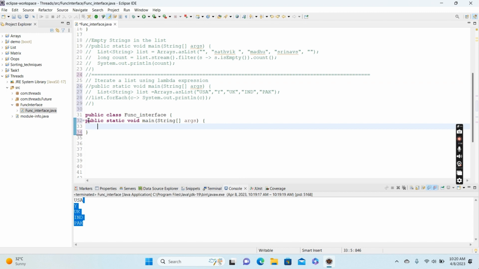And maybe the third problem that we are asked: write a program to create a method filter that takes a list of strings and a predicate, and filters the data using the predicate. So I will just repeat it. Write a program to create a method filter that takes a list of